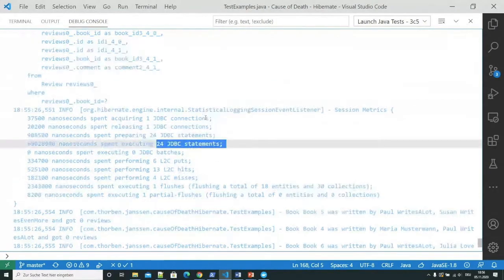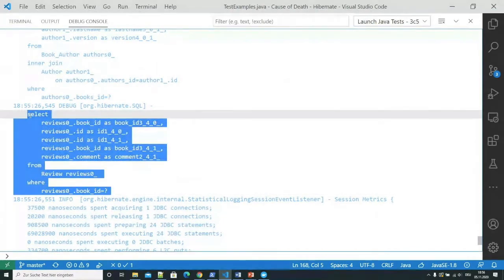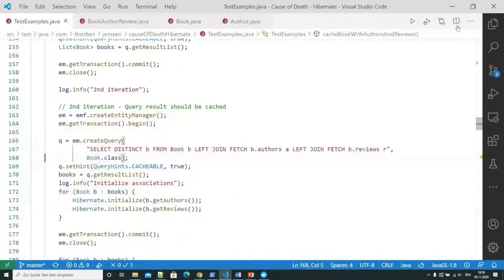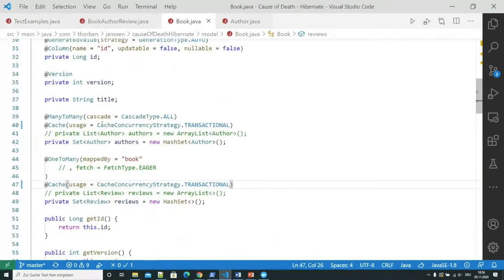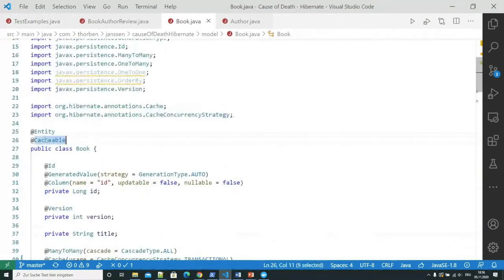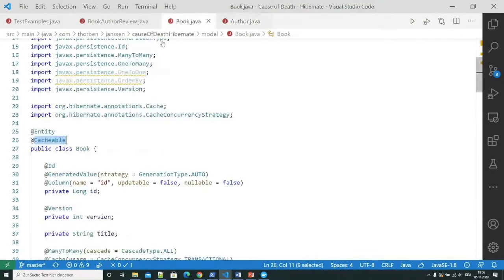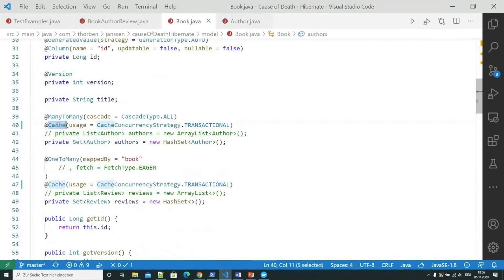The reason for that is that we are now fetching the reviews and the authors for each book. If we cache the book entity and cache the author entity, then we cache the entities itself. What we don't cache is the association between them. To do that, we need a cache annotation on each of these associations.